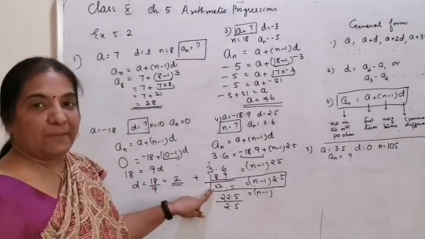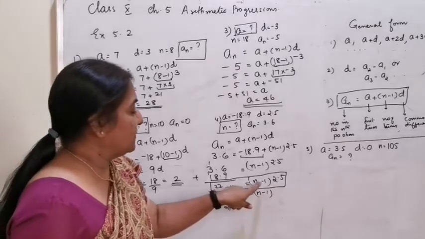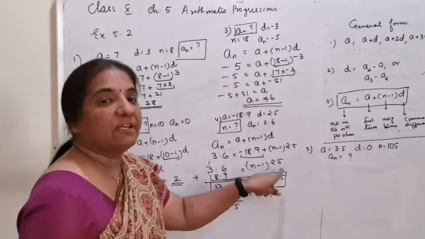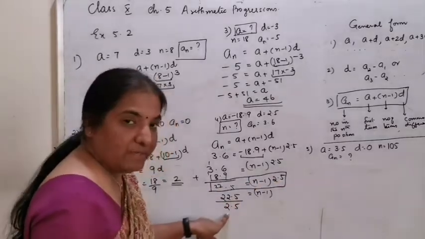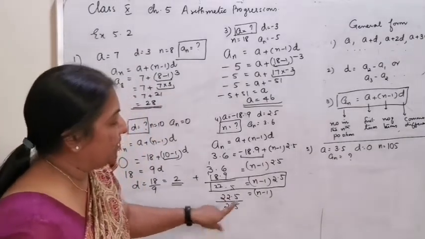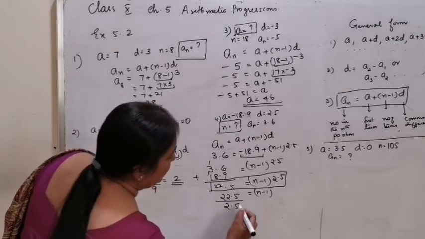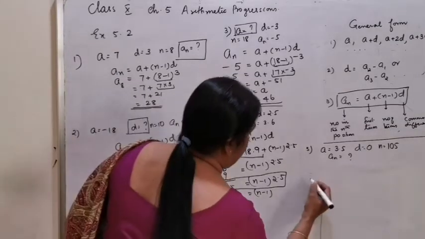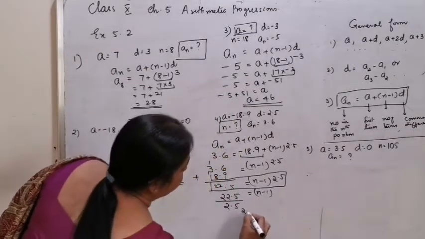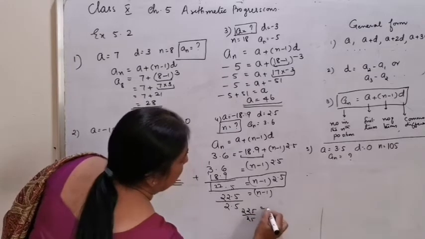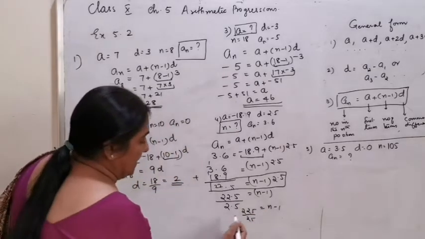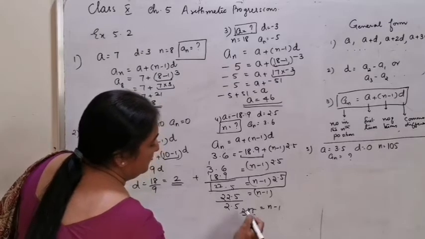Once you reach this step, 22.5 is equal to (n minus 1) into 2.5. Just divide by the common difference: 22.5 divided by 2.5 is equal to n minus 1. Since there are equal numbers of decimal places, you can just check what 225 divided by 25 is equal to n minus 1. It goes in the table of 5.